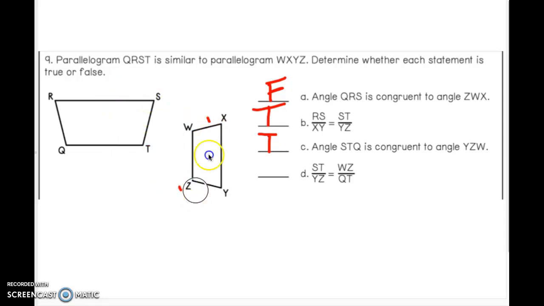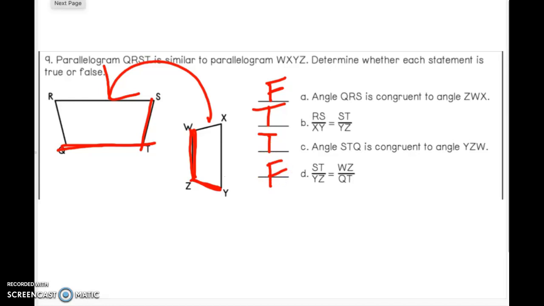And the last one here, ST over YZ, and WZ and QT. If you rotated that around again, it would be WZ and QT, ST and YZ. This one is also false. And these are false because